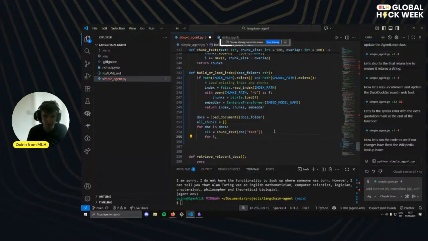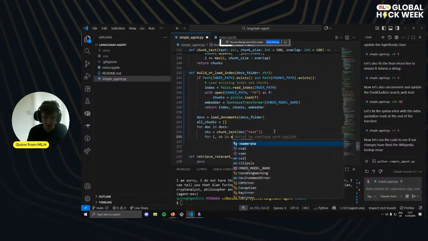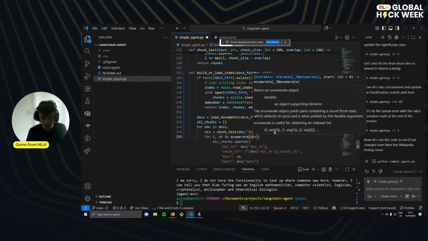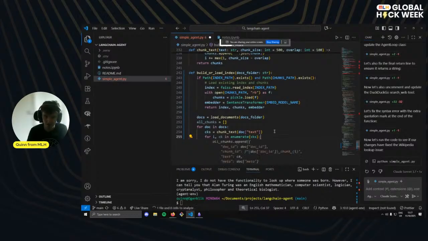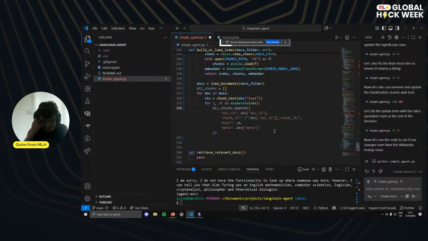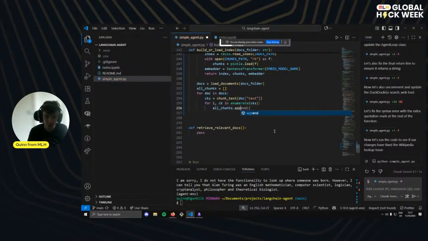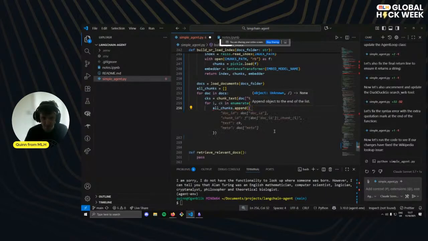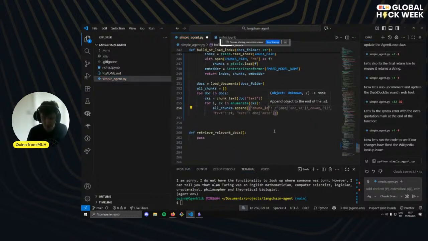And then for i, chunk in enumerate over the chunks. So we're looping over all of the chunks that we have, and we're going to add them into our total chunks list. This is just all of the chunks across all of our documents. Okay? Right, and this is going to be a list of dictionaries. We want the chunk ID, which is going to be, let's